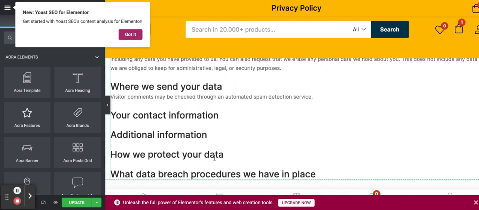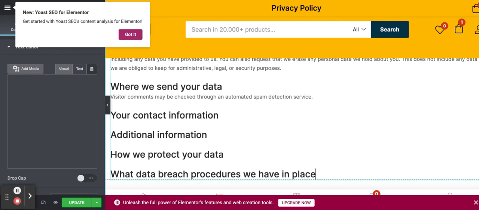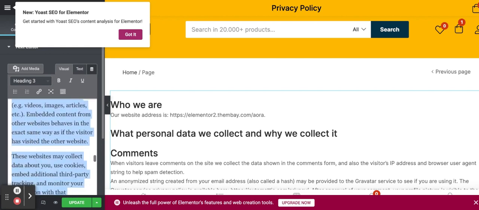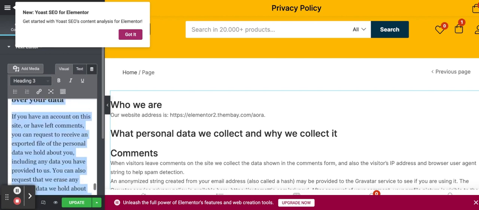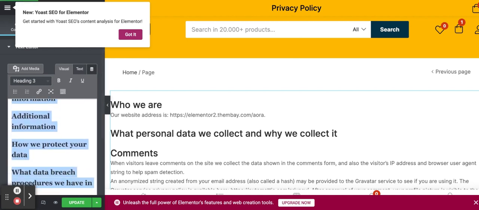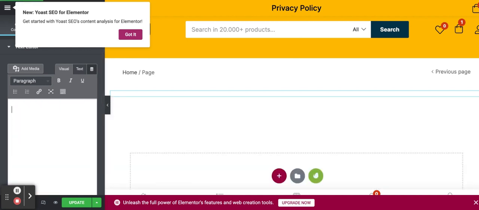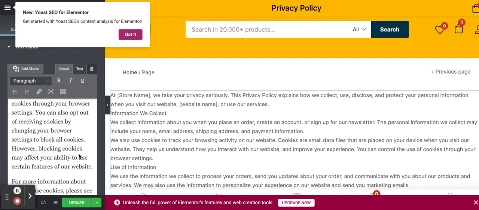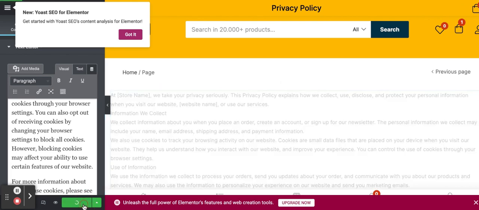But what we're going to do is use ChatGPT's privacy policy page, and we're going to just click on here, and we are going to delete it. Then we're going to paste what we got from ChatGPT, and then where you see store name, you're going to edit it and just put your store name here. I'm going to click update,